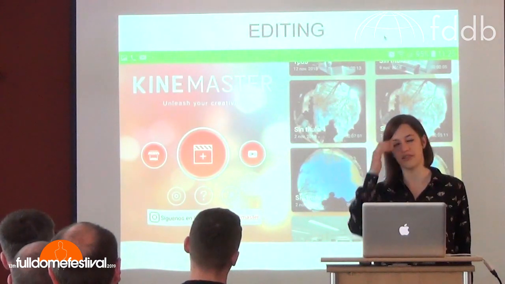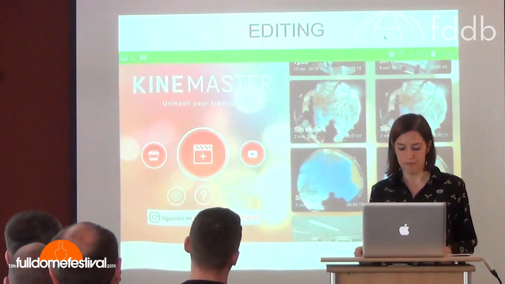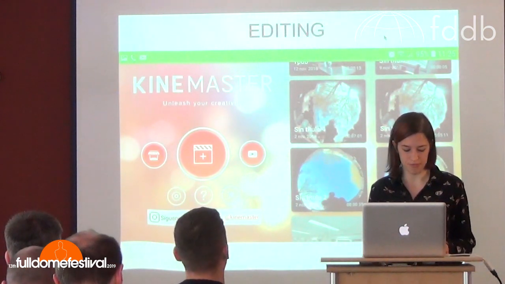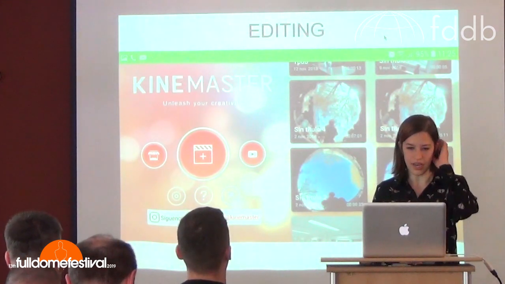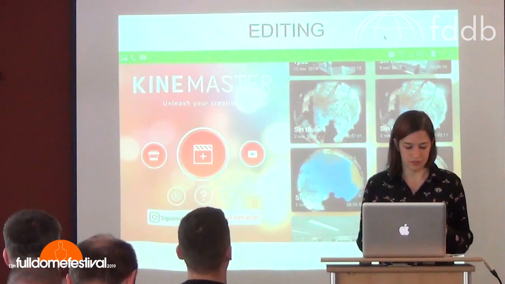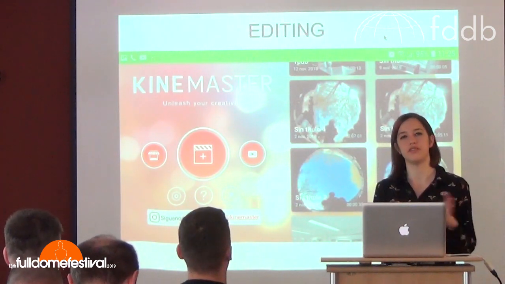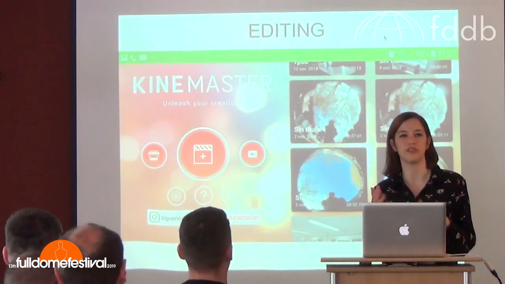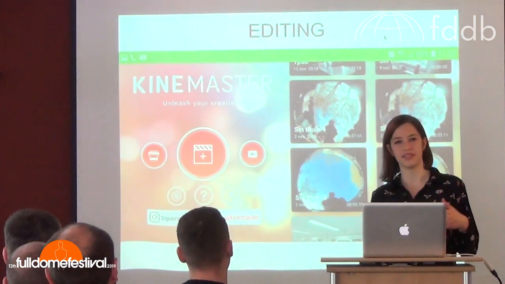And one app which is really convenient for that is KineMaster. This one works for iOS and Android. And what is really nice is that you can not only edit one video and put some effects or just cut it at the end and on the front, but you can also work with several video layers.